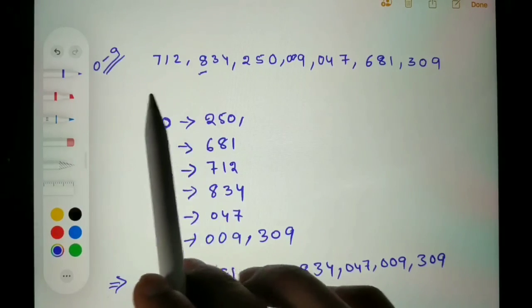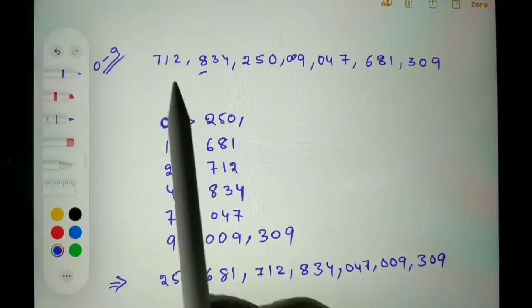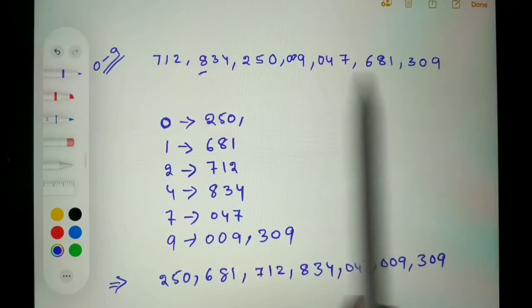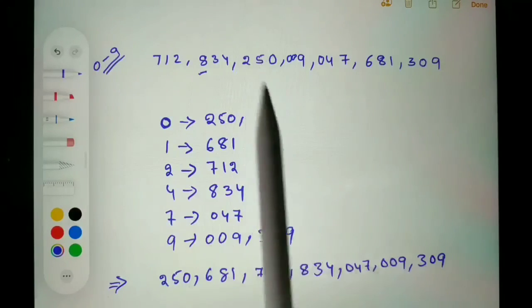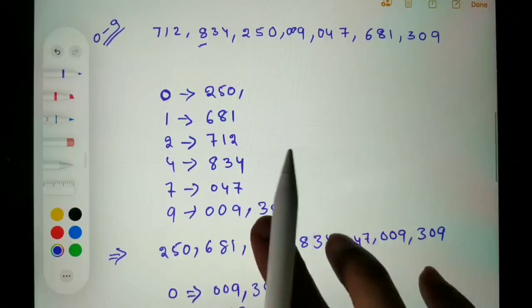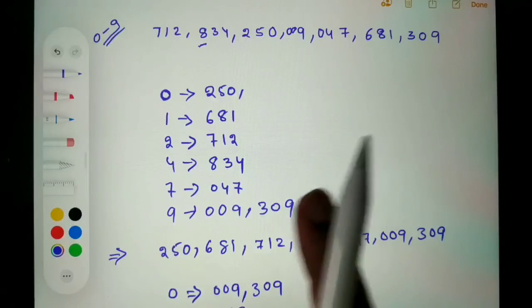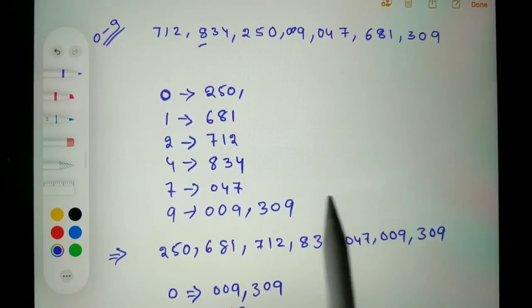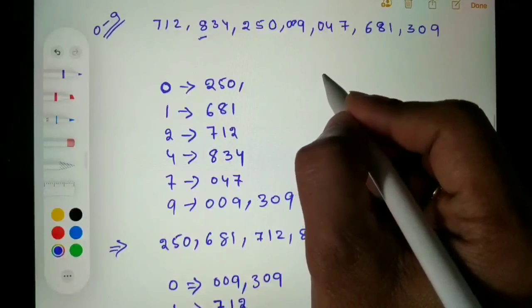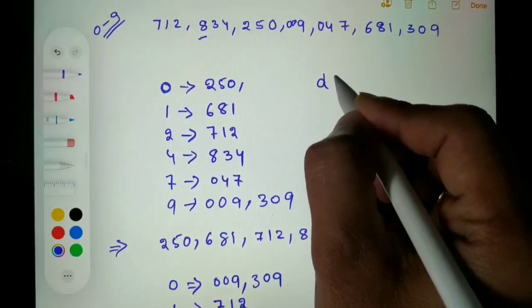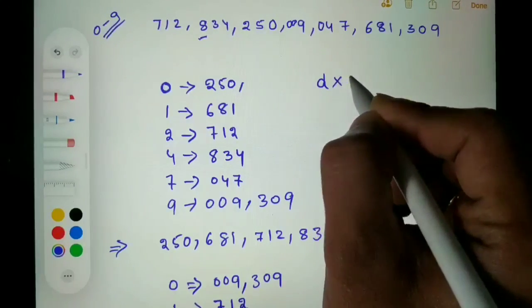Now we will see the time complexity of radix sort. So how many times are we processing this array? First we pick the largest element in the input, and however many digits that largest element contains, that many times we process. So the time complexity is d into n.